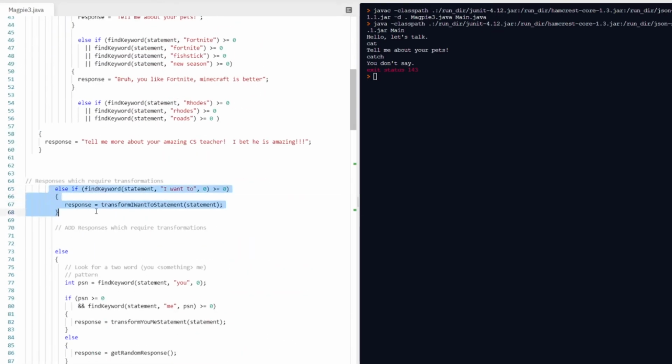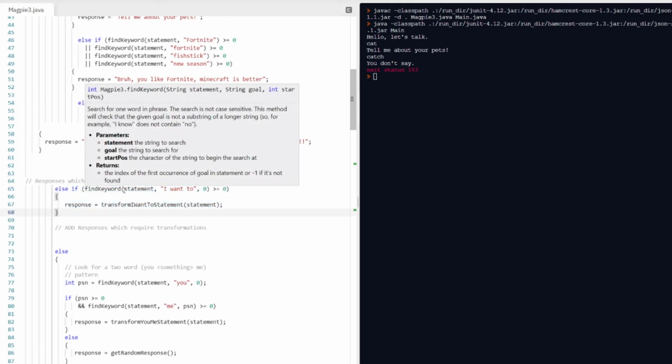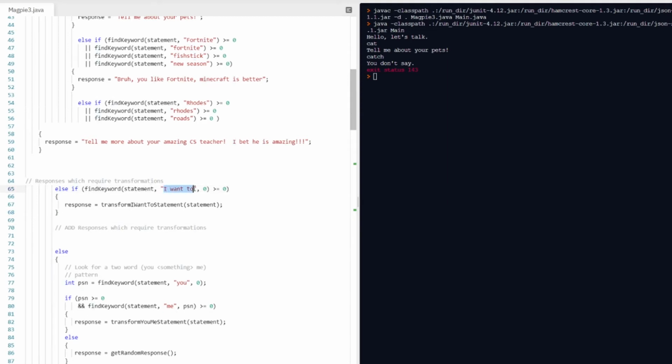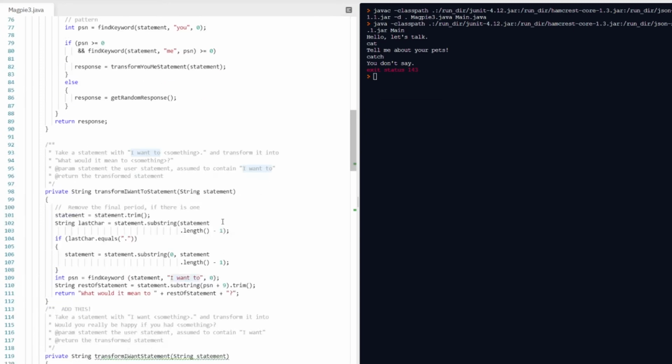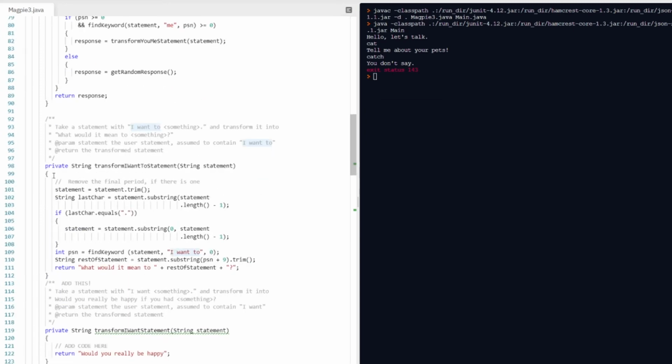If you look here, one of the first things we did was we pasted in a findKeyword phrase, now "I want to." So this is very similar to what we've been doing. Now we're just doing statements: "I want to." And if we come down here, here is our "I want to" statement.